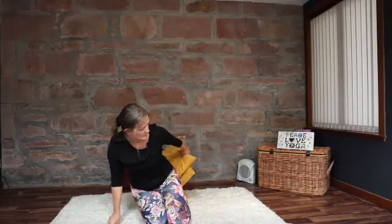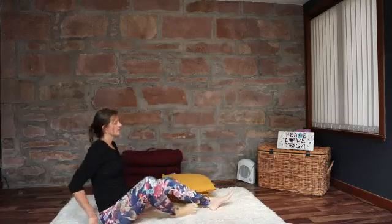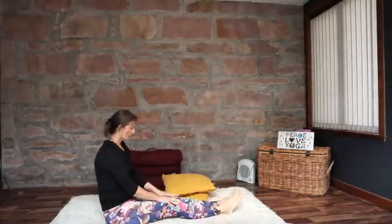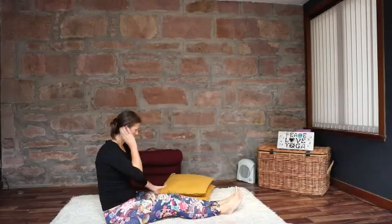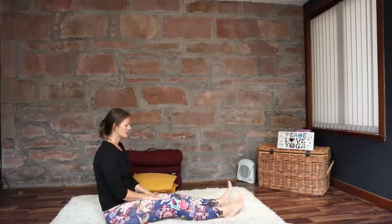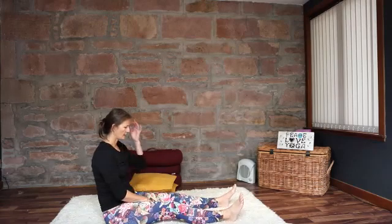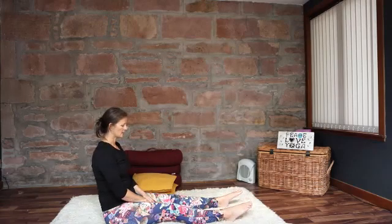That's all good. And however you're sitting, you can just move your cushions to the side and stretch your legs out in front of you. And again, this is really useful if you have been sitting on the floor at any point, or if you've been doing your yoga on the floor. It's really useful just to make sure you have a good blood flow the whole way back through the feet before you get up. So just pointing the toes away